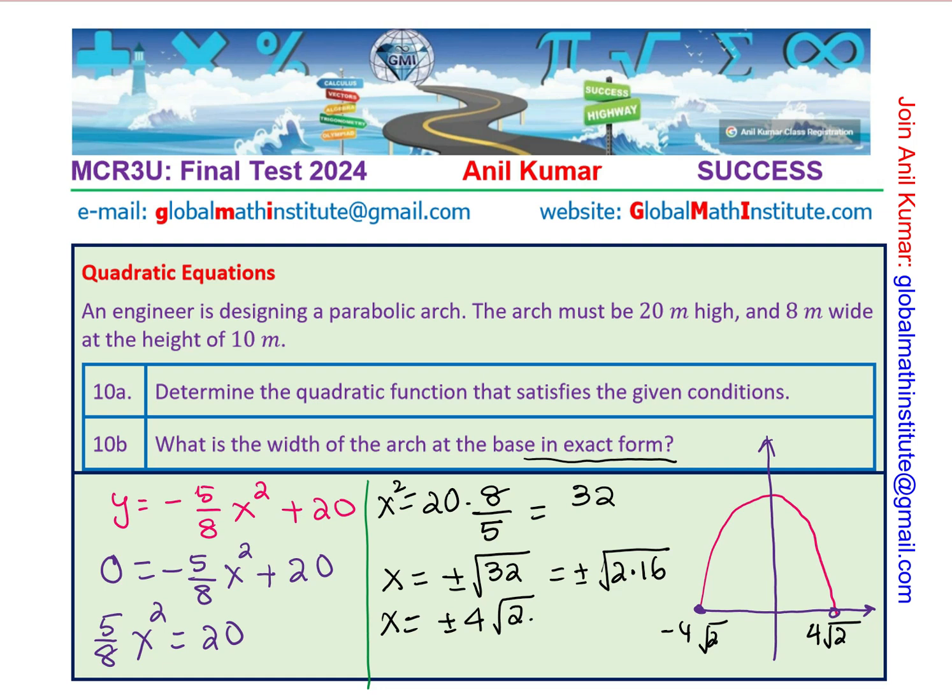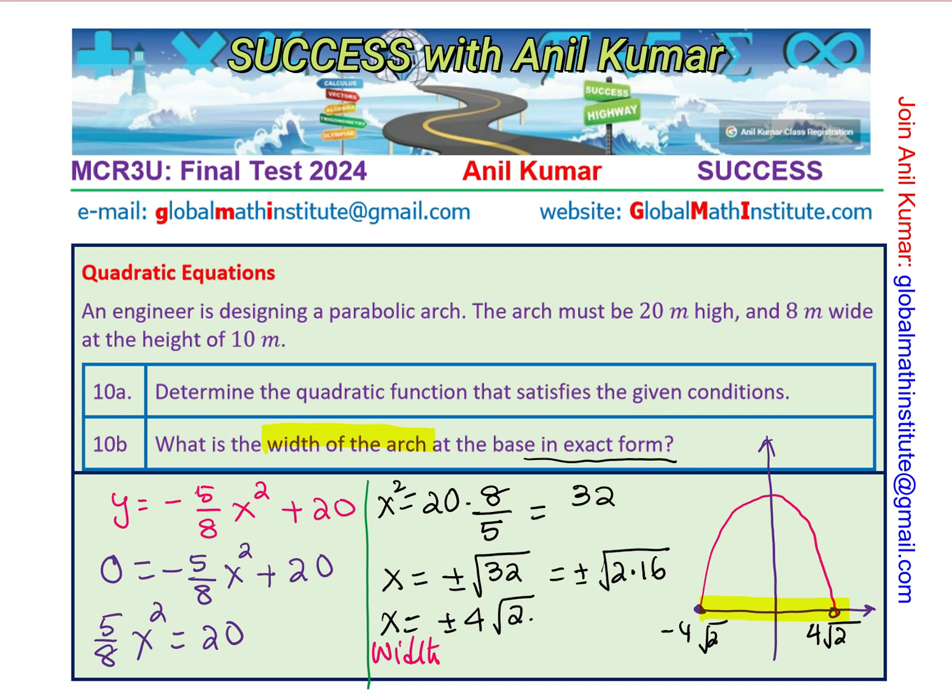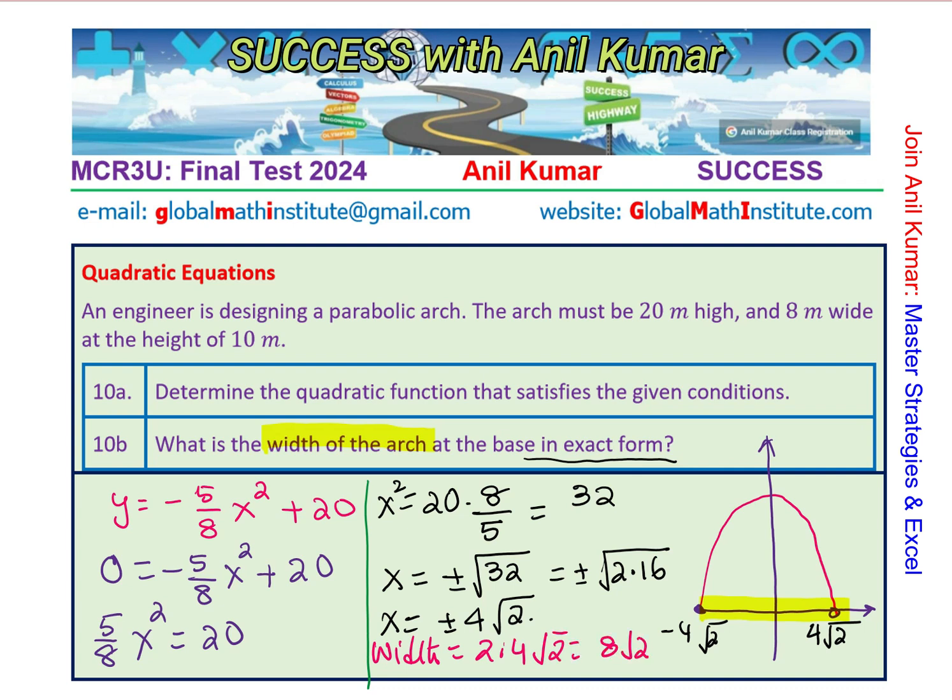And we need to find the width at the base. So we need to find this. That means the difference. And therefore we can write the width is how much? Will be twice this, right? Twice 4 times square root 2, which is 8 square root 2. And the units are meters. It is very important to write down the units, otherwise you might just lose 0.5 marks. Make sense, right? So we done this question,